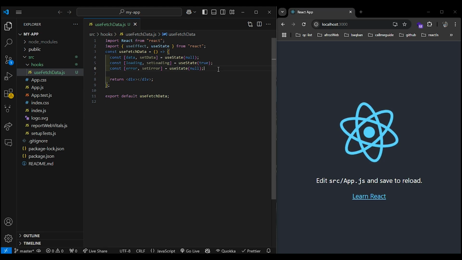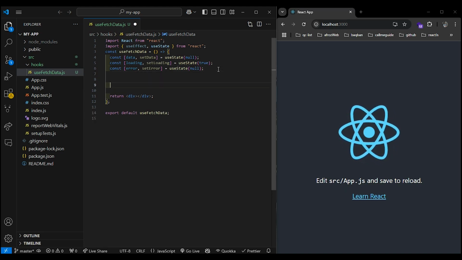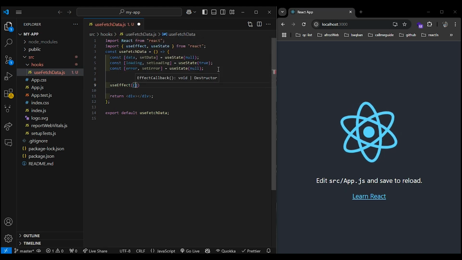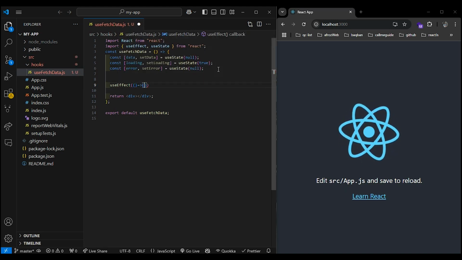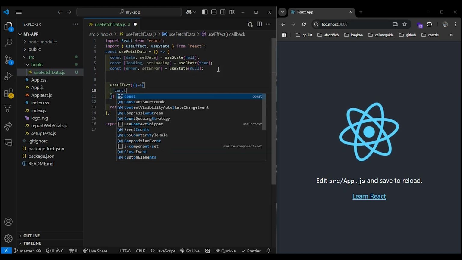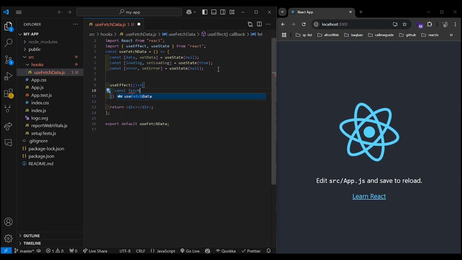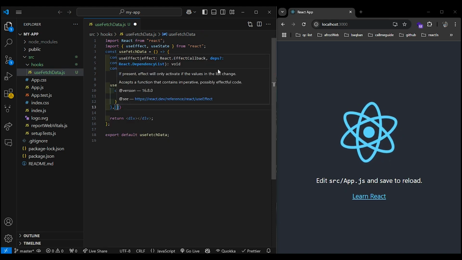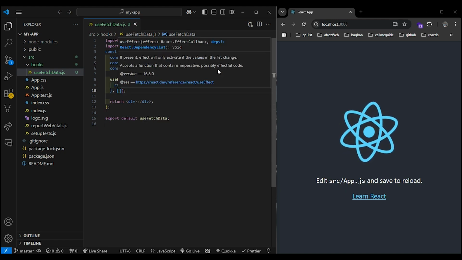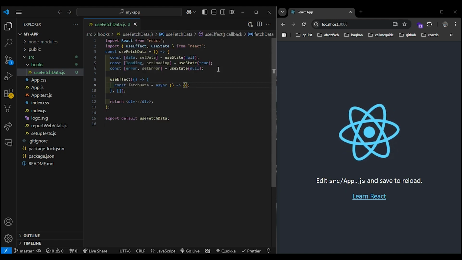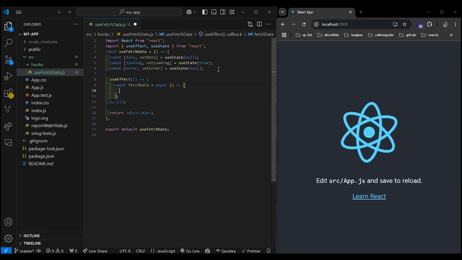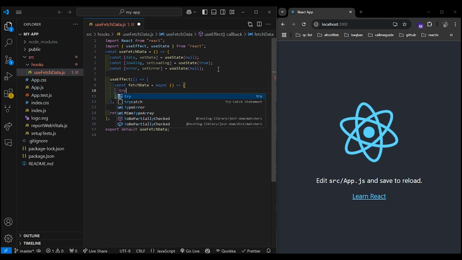And now, as you know, for fetching data, we need to write down useEffect like this, and to fetch some data, I start with fetchData function. It's equal to async, and now we should add dependency array to our useEffect. First, I put it empty, and in our fetchData function, I should write down try and catch like this,